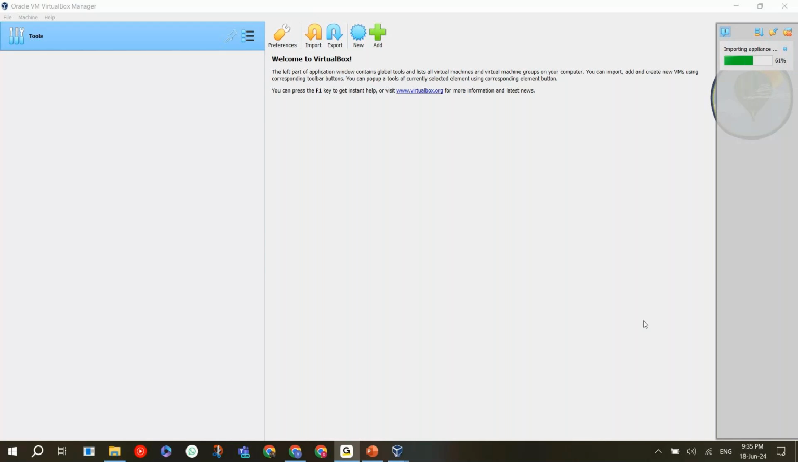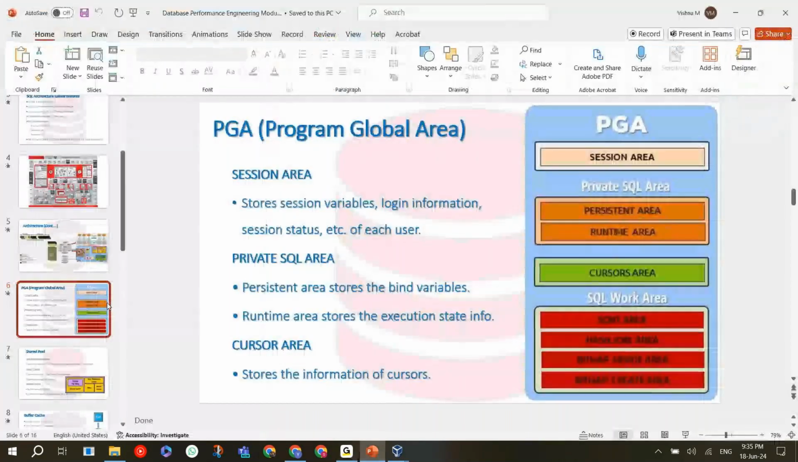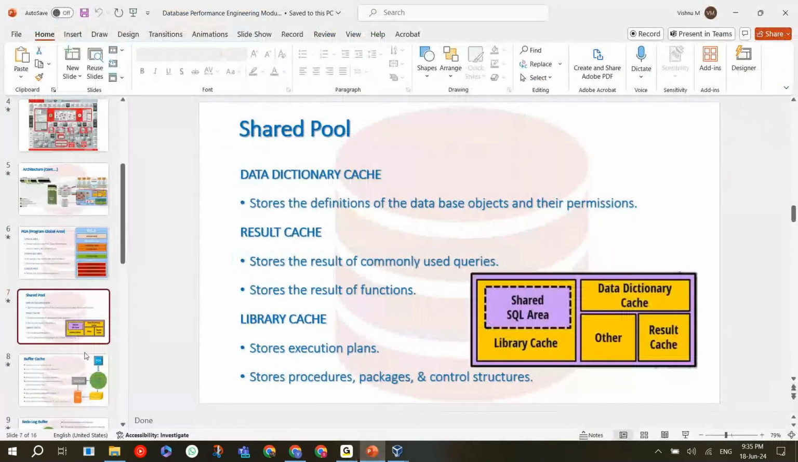Okay, so let's come to now SGAs. SGA is generally called System Global Area, or even some people call it Shared Global Area. So let's just stick with System Global Area. Okay, so what the System Global Area is for is, now inside the System Global Area,